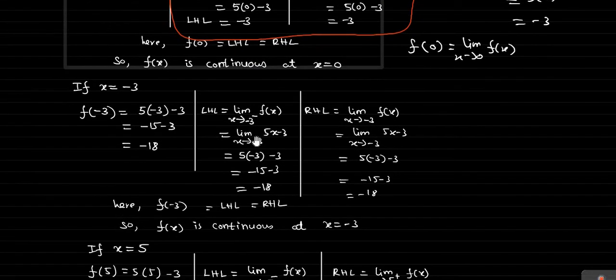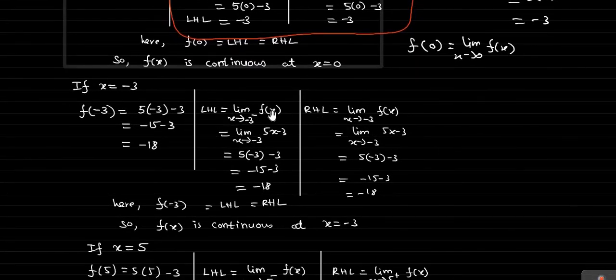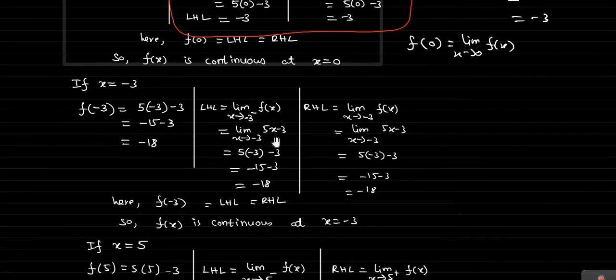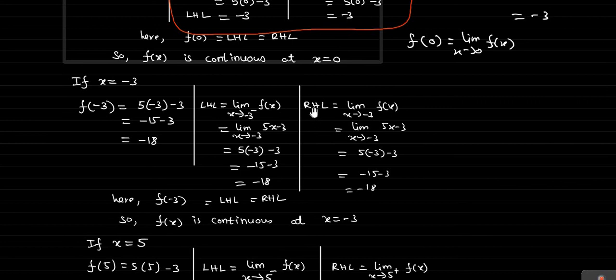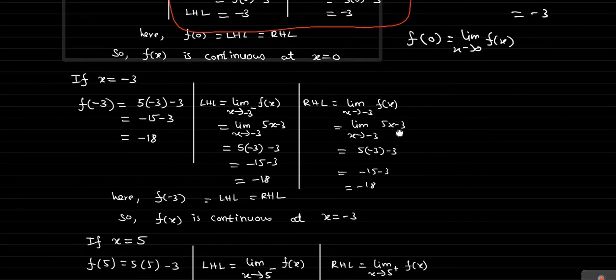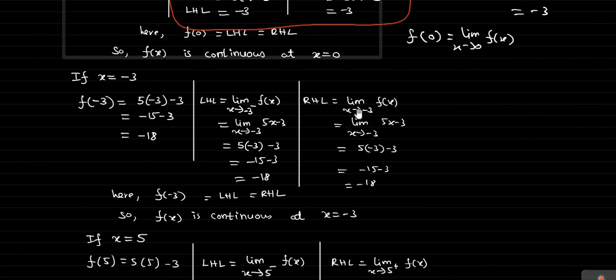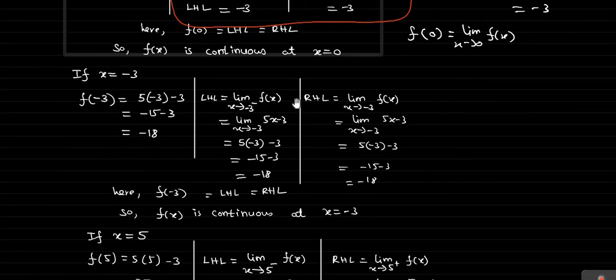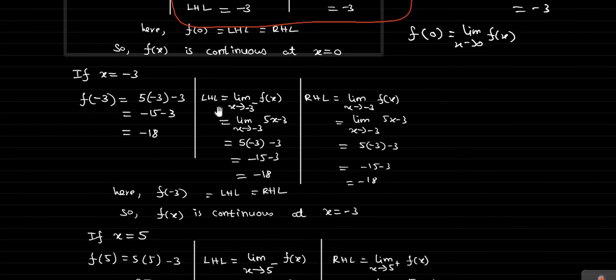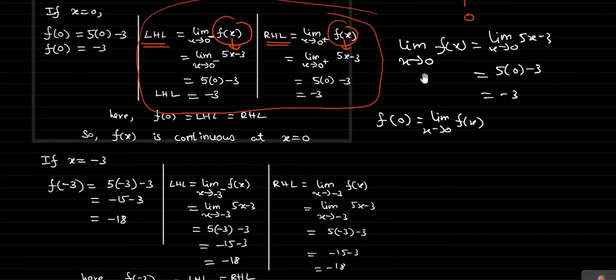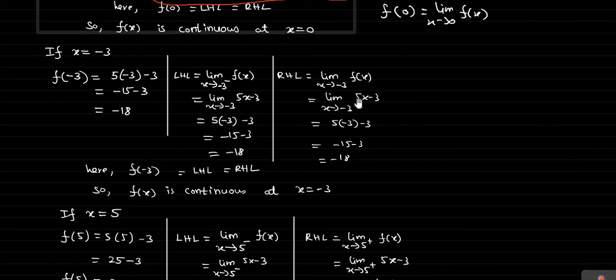Same way here also. Instead of finding the left-hand limit and right-hand limit separately, because f of x takes the same 5x minus 3 in the left-hand limit and also in the right-hand limit, it is not compulsory to take them separately. Together you can write it in this way. Instead of doing it the long way, we can write it shortly like this. But for a few functions, for the left-hand limit we will be using one function, and for the right-hand limit we will be using a different function. In that case, yes, it is compulsory that you work out the left-hand limit and right-hand limit separately.